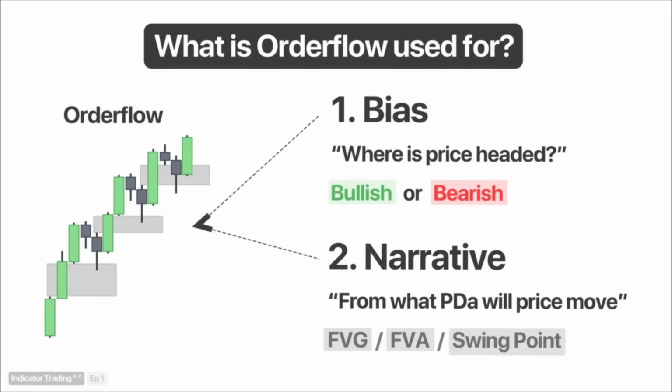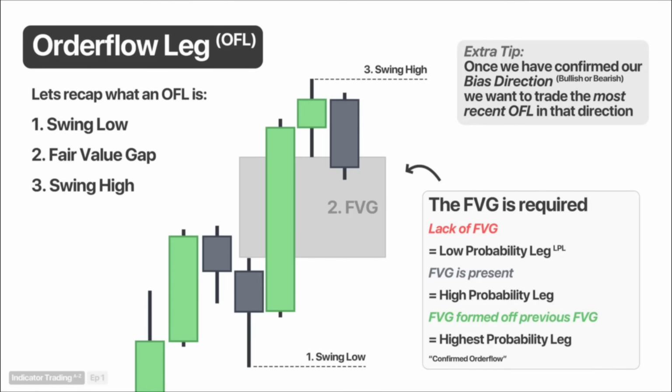The narrative is simply from what PD area will price move from. And if you don't know what a PD area is, it's simply a support or resistance level. These are your fair value gaps, your fair value areas, which by the way are literally just order blocks, breaker blocks, mitigation blocks. They're all the same thing. They're all under that umbrella of what is a fair value area, as well as all your swing points. We will be diving deeper into how to find bias and narrative a bit more in the chart examples,